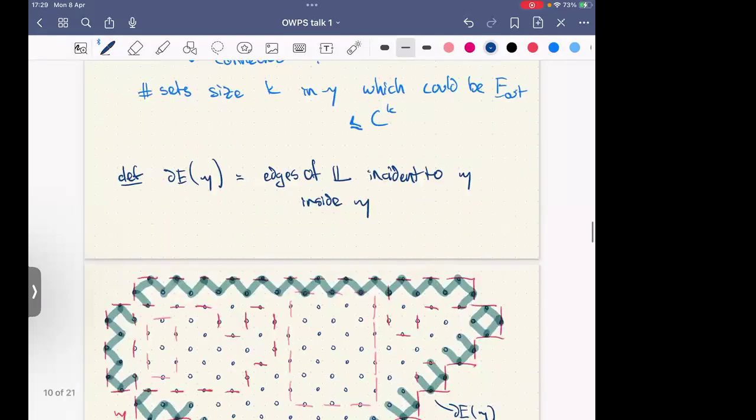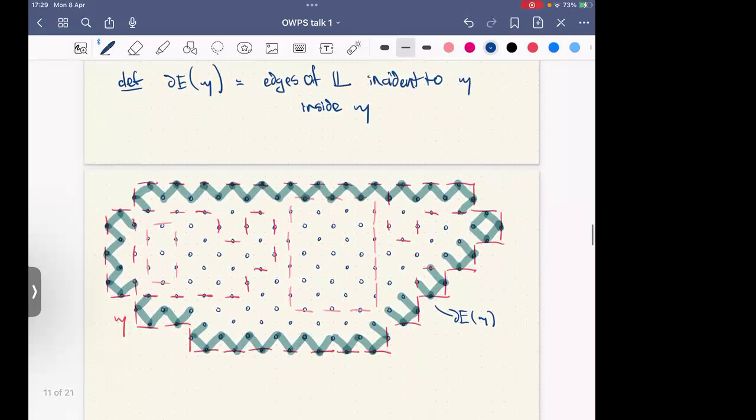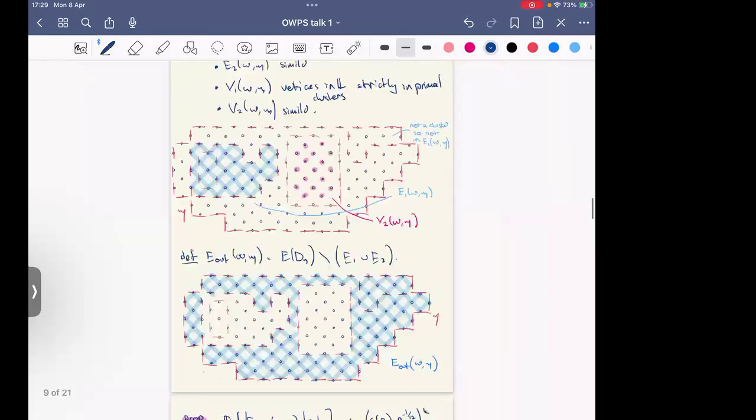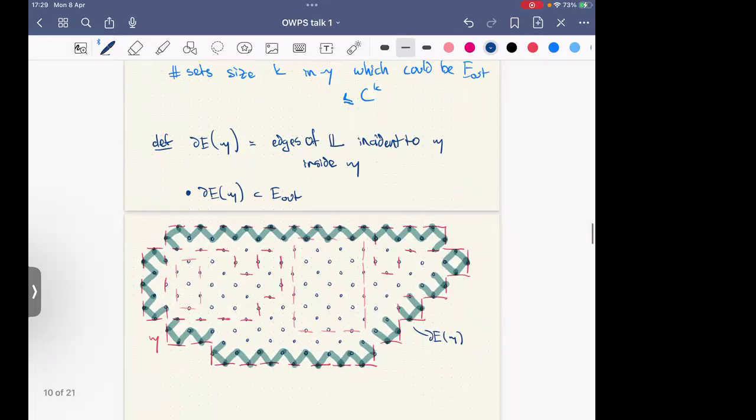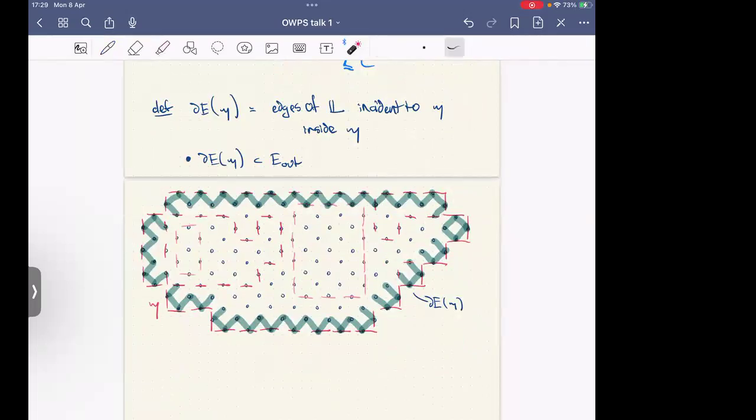inside gamma, and here's a nice drawing of that. Okay, and we have that this thing is actually contained in our E out as we've defined it, right? Because we defined clusters to be not things which touch the boundary. So this definitely has all of the boundary edges in it, and maybe we need to modify our definition of connectedness slightly for these ones, but that's fine. Okay,